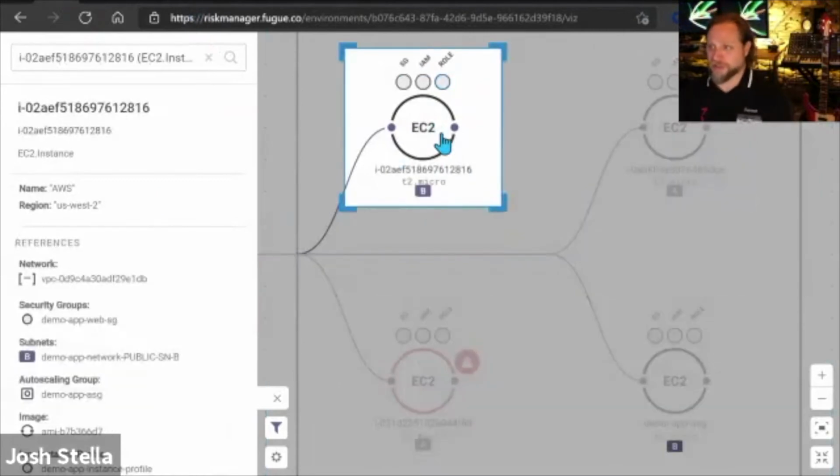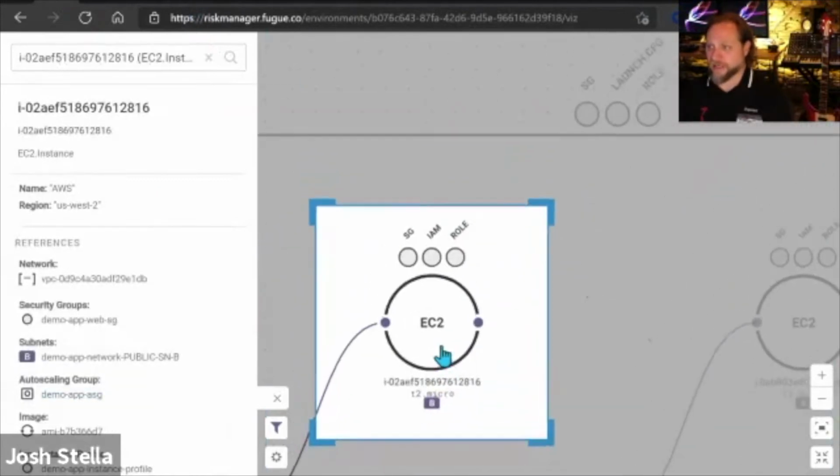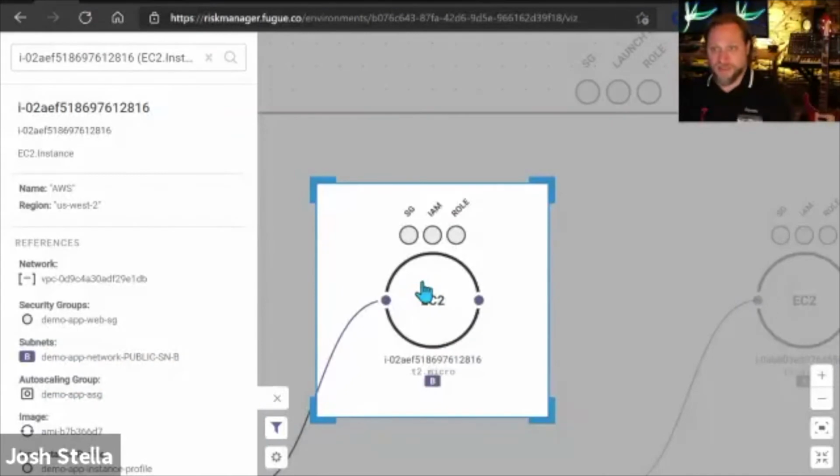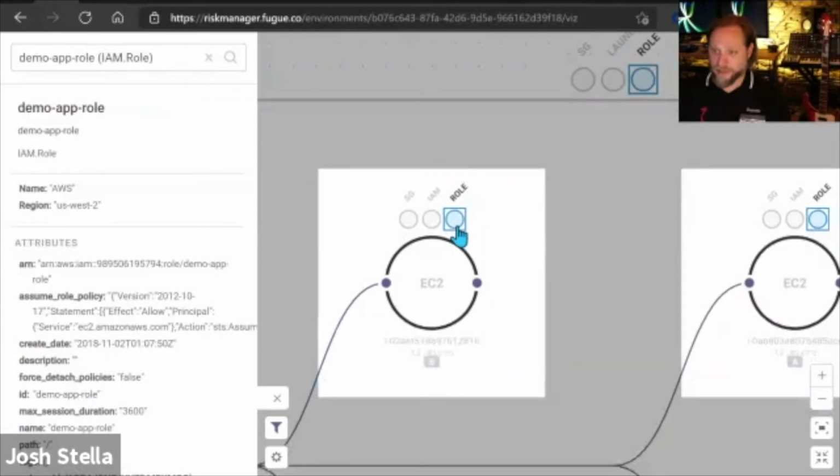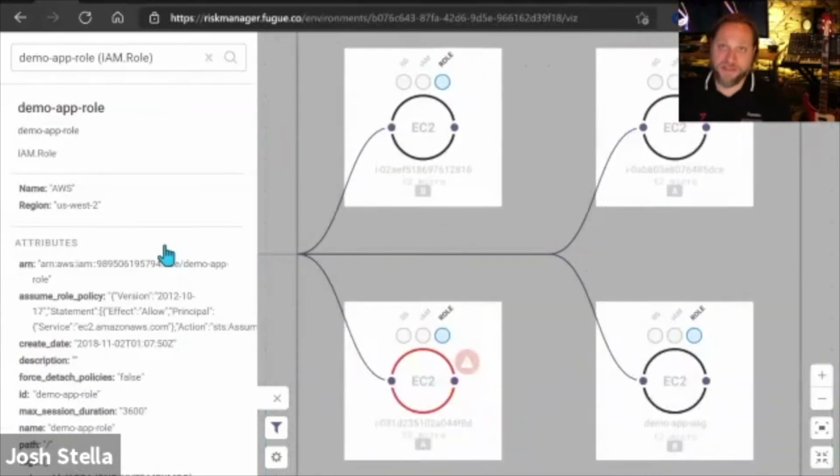So here we can see an EC2 instance, and a given EC2 instance is typically going to have what's called a role policy attachment. And therefore, in either its metadata or perhaps on disk, although I hope it's not on disk, you're going to have an AWS API key that comes with permissions.